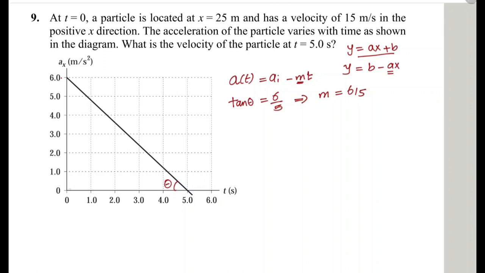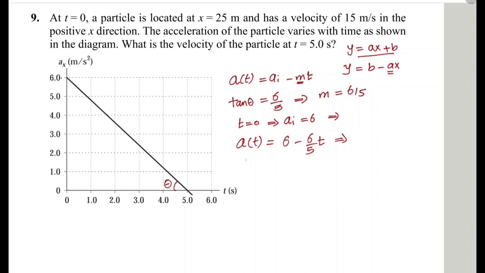And when t equals 0, a_i is the intercept, equal to 6. So the acceleration equation here is equal to 6 minus 6 over 5 t,